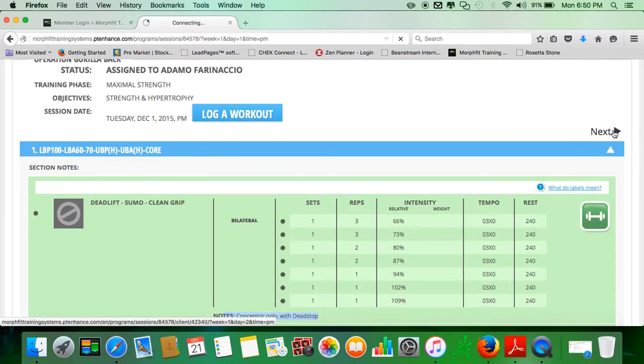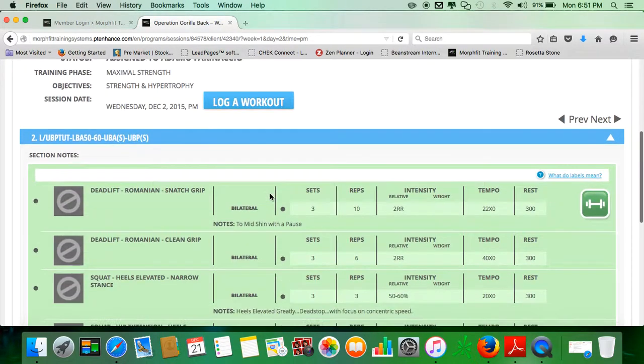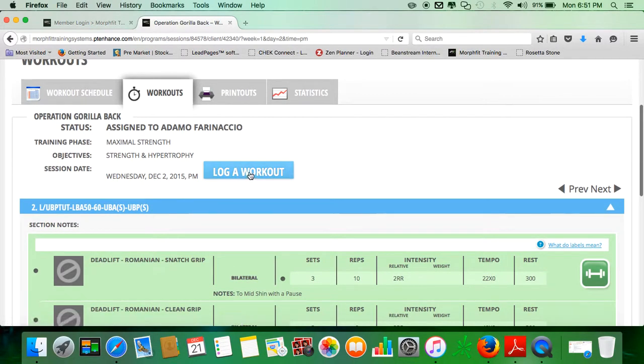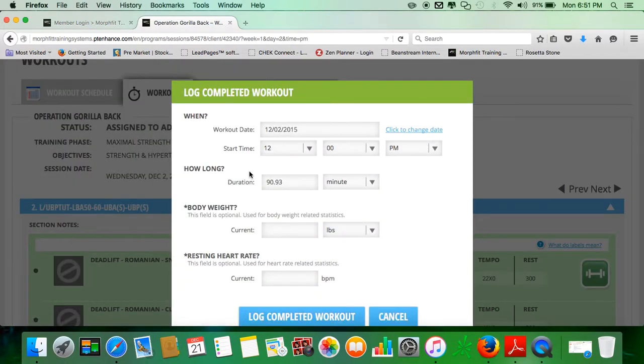If you click on the next tab over here, it'll bring you to the next day in the cycle, which will be day 2. Whenever you do a workout, I expect you to log it in the logbook that you received, but I also expect you to log it online, especially if you're in another city. It is the only way for me to verify that you're doing the work correctly and that you're progressing properly. In order to log a workout, you would click over here, log a workout, and you would write